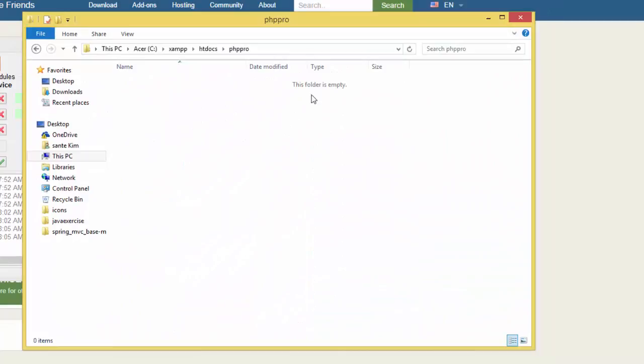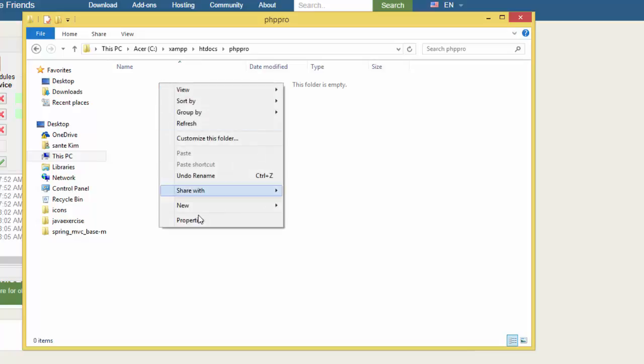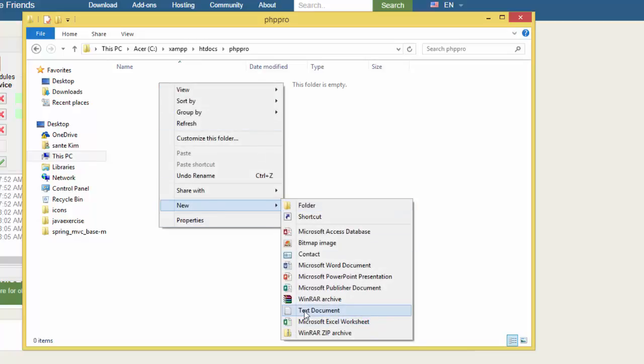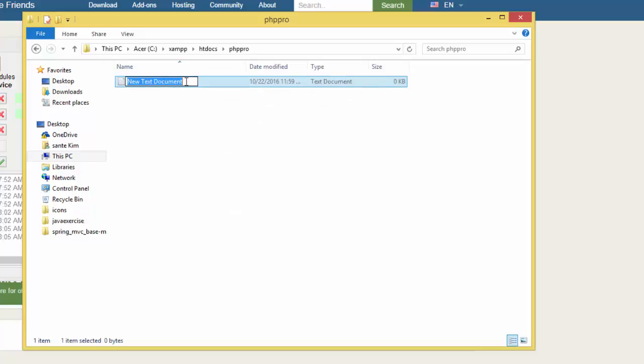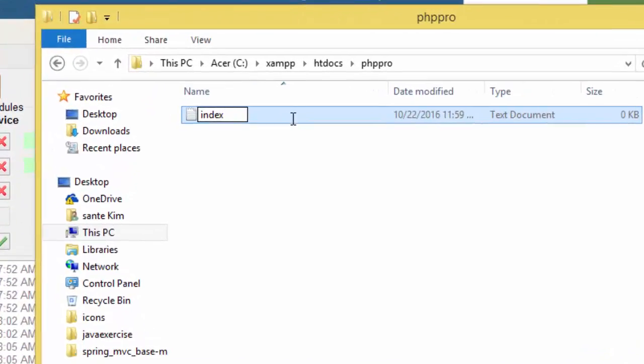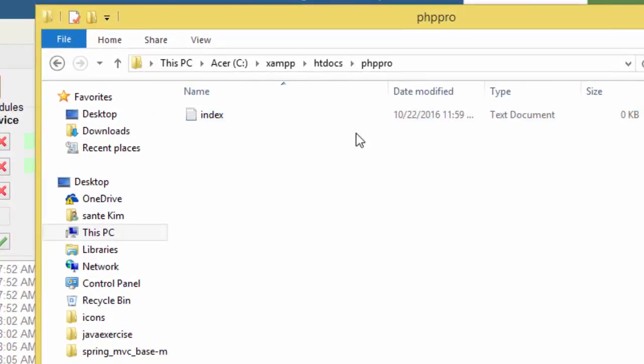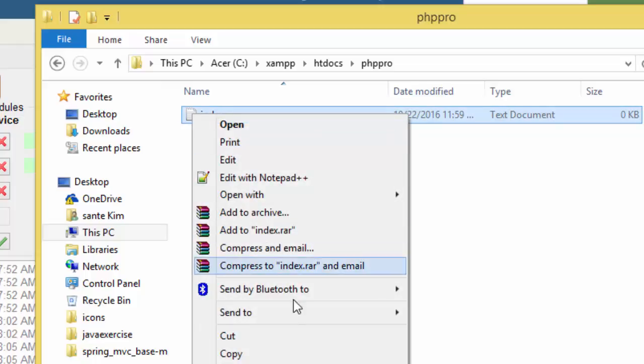In my folder I'm going to create a simple script in Notepad, or I can use NetBeans, which is easier to use than Notepad. But right now I'm going to create a Notepad file, and I'm going to call it index, and now it's saved as a text file. So I need to change this to PHP. So right click and open with another, more advanced editor like Notepad++,